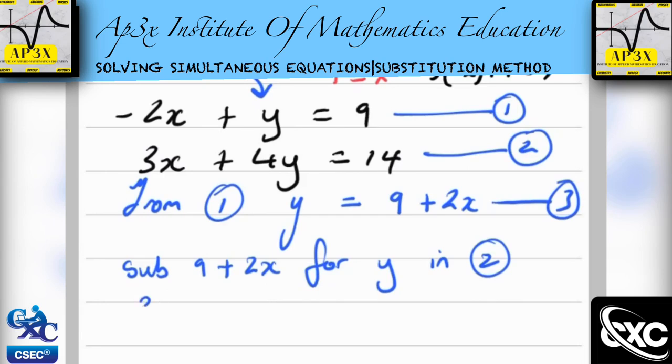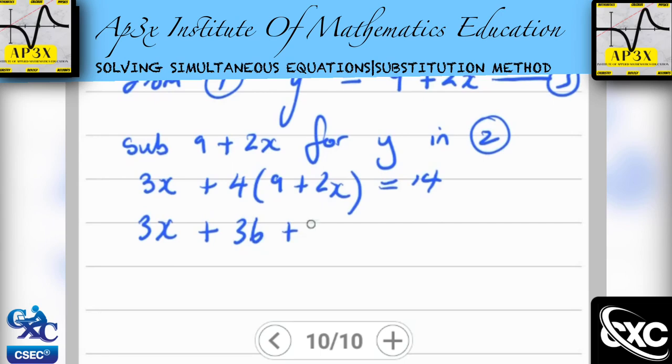So then I'm going to have 3x. Remember, I'm not substituting for x now, I'm substituting for y. So 3x plus 4 open bracket 9 plus 2x, and that is equal to 14. Now we have an equation all in x. 3x plus 4 times 9 is 36 plus 2x, and that's equal to 14. Let's group like terms here. So we have 3x plus 2x is equal to 14, and I'm going to subtract 36 from both sides,